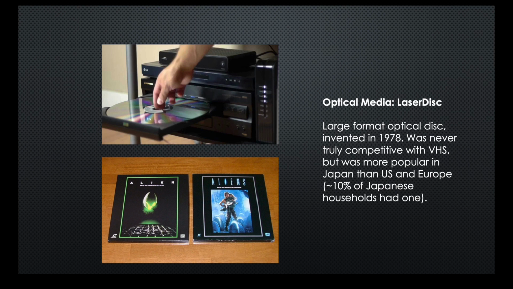Laserdiscs were very expensive. They were $40 or $50 to buy one movie. So they ended up being kind of an impractical technology for home video, and they lost out to the much cheaper video cassettes, which were lower quality, but cheaper, more convenient, more accessible. So as I said, you could buy movies on these, and there were also experiments using Laserdiscs to create video